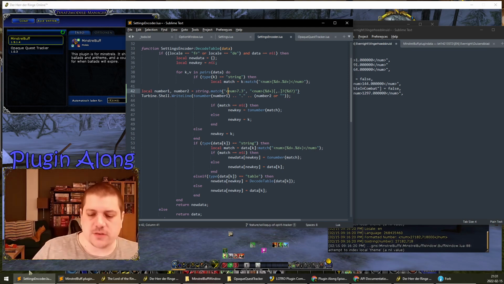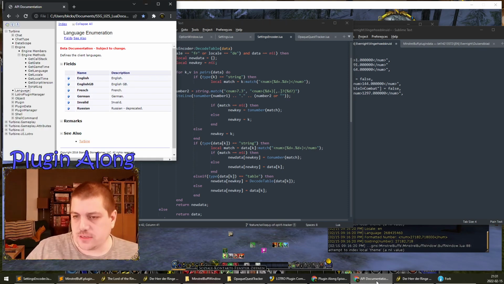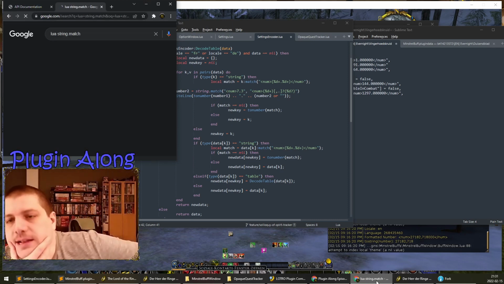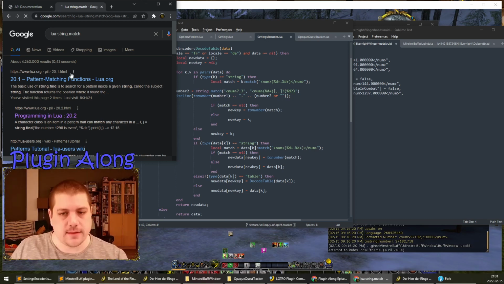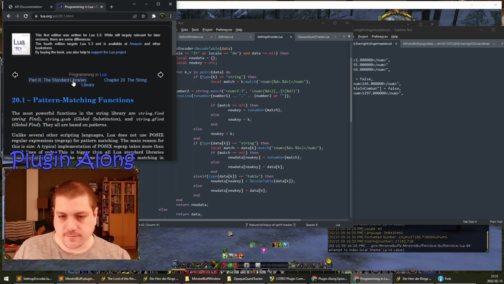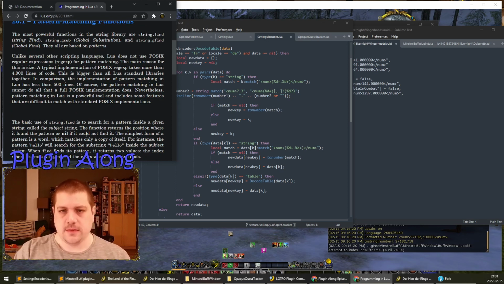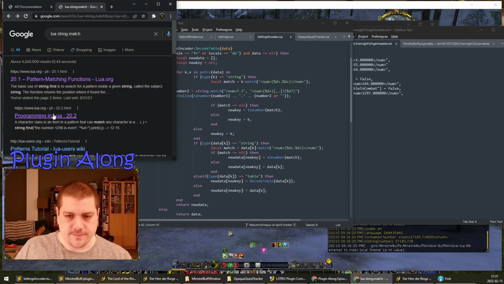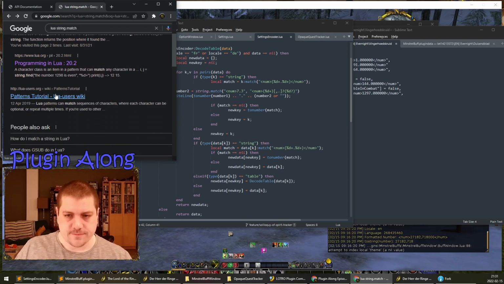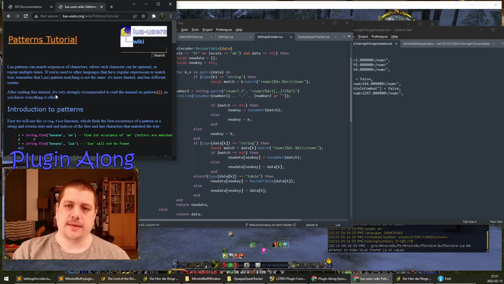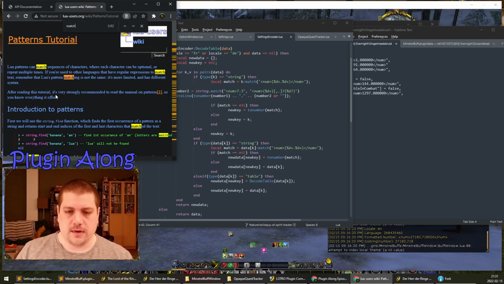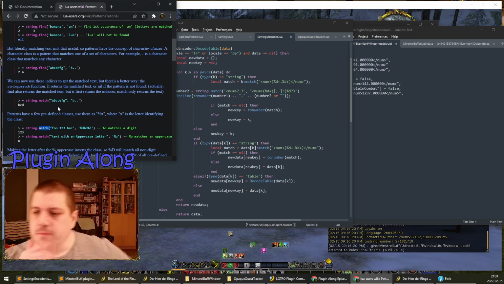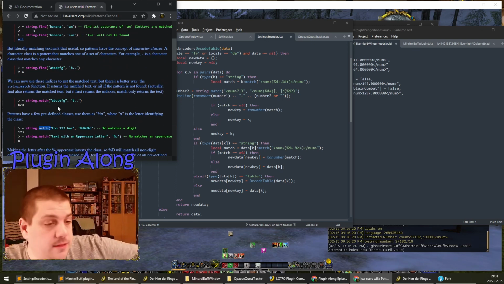What are the arguments to string.match in Lua? I'm confusing myself as I try to read this. String.match. So we're going to go ahead and pull that up real fast. So match. Really? All I want is a function called match. There we go. So you're looking for num 7.3